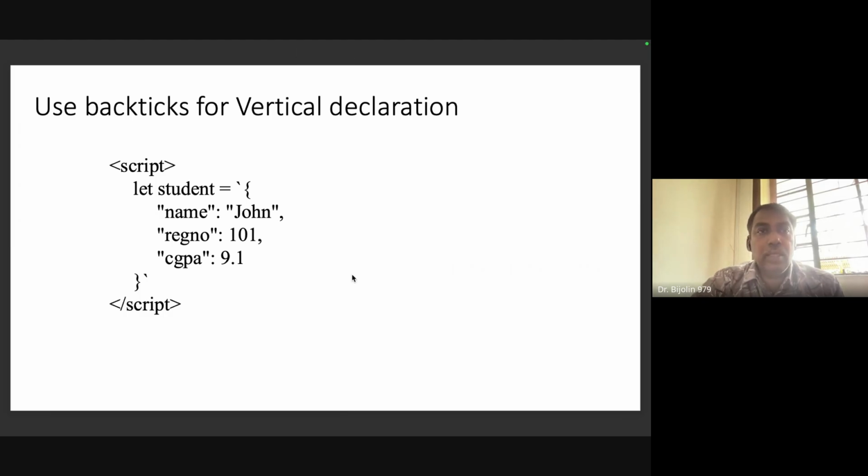And then you can write the JSON format like this. So vertical declaration also you can use. Okay. So let student, so the object name is student, and within single quotes you have to write the number. So these are the keys, and John, and then 101 and 9.1 are the values. Okay. So these are the other main aspects of this